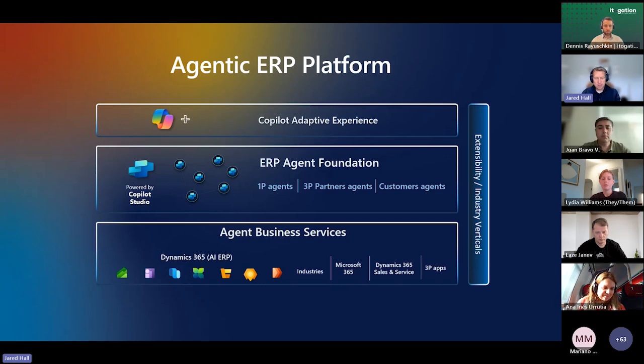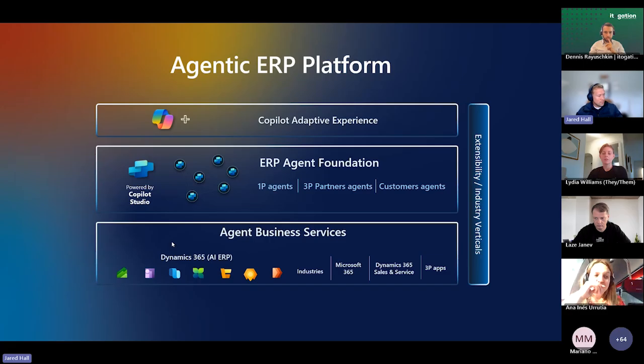That's where our large language models sit. That's where we have our orchestration that is looking at all the things that you can do in a business application and then managing the orchestration of those activities as we build agents on top of that functionality. Where we have business services contributing to this platform is the data and business logic that we can bring into the conversation on top of those agents.